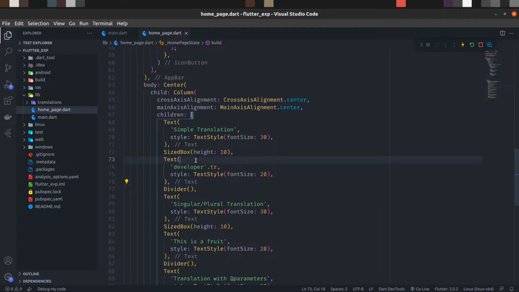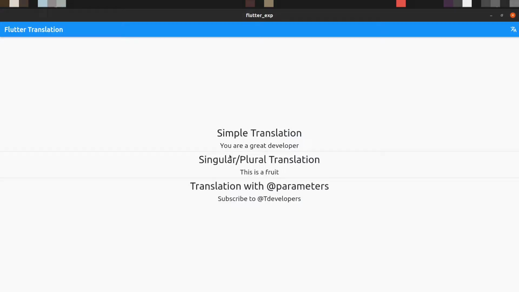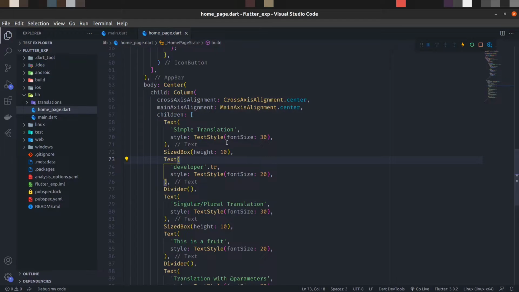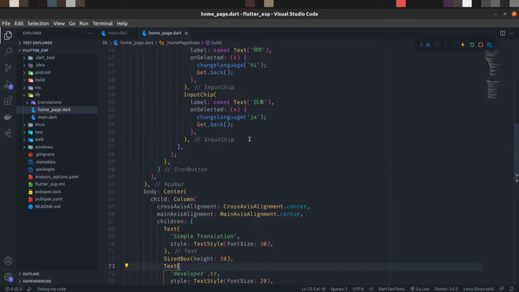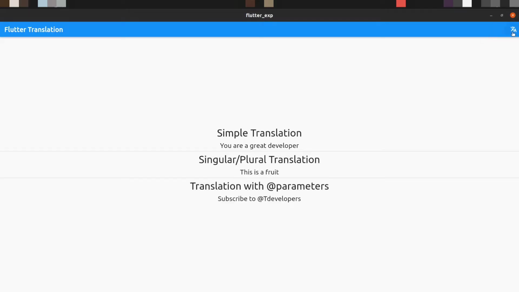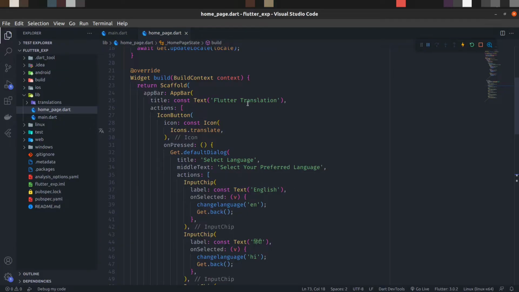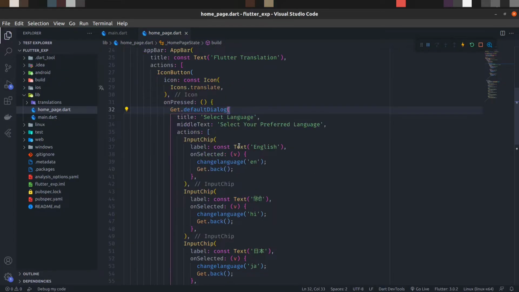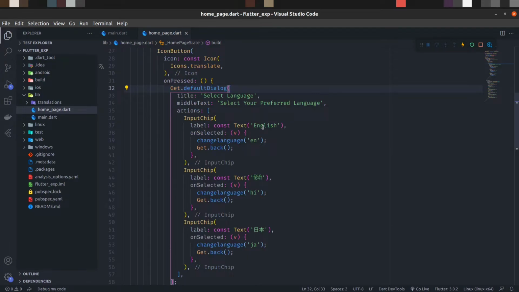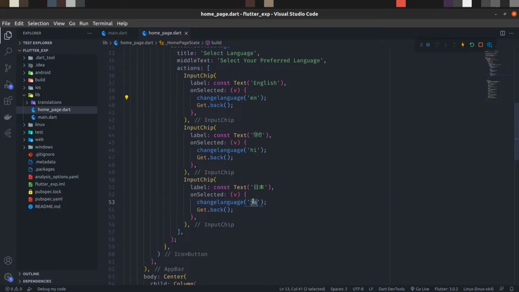If you have some confusion about how it is translating, let me once again clarify this. When you click on this language icon, it opens this pop-up from Get.defaultDialog, and when you select any of the input chips, it calls the change language with the given language code. Like for Hindi it sends HI, for English it sends EN, and for Japanese it sends JA.